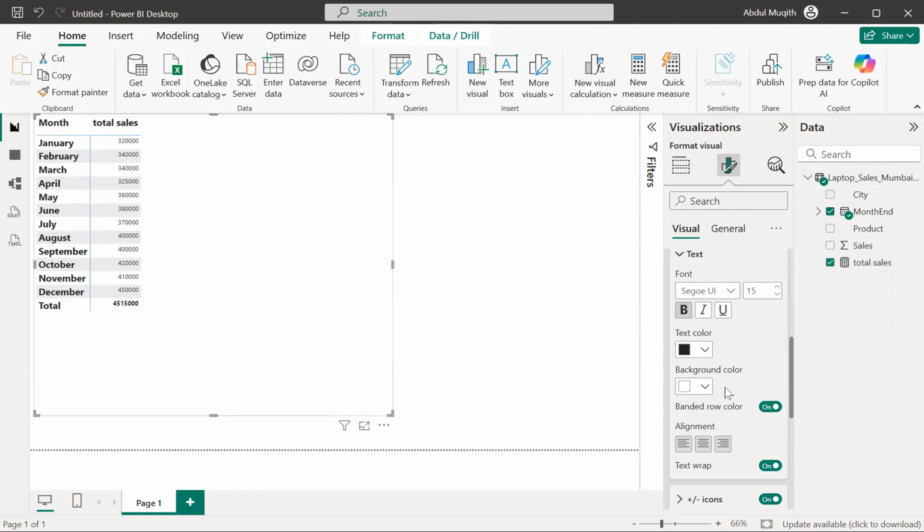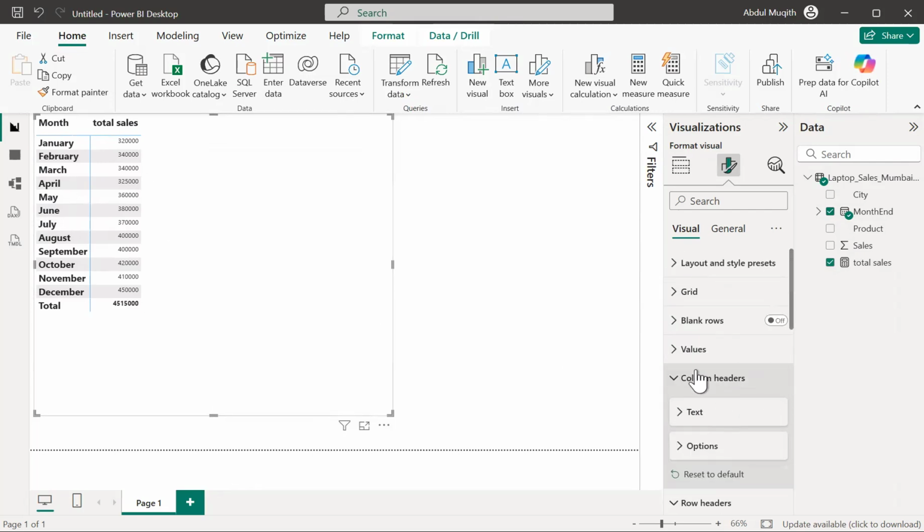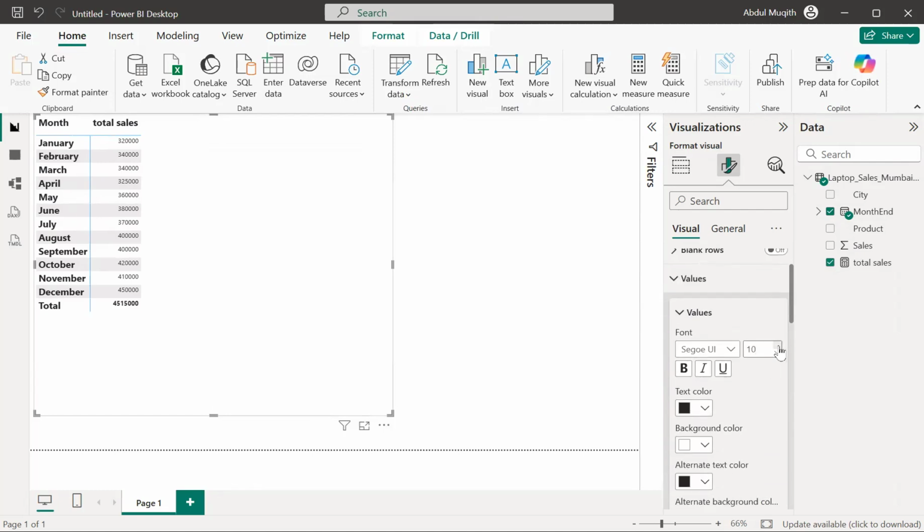And then the values also need to be changed. So let me go to values, and I will make this 15, and I will not make it bold. Let it be like that. So now you can see these are the present month sales. Okay, this column is showing the present month sales. So